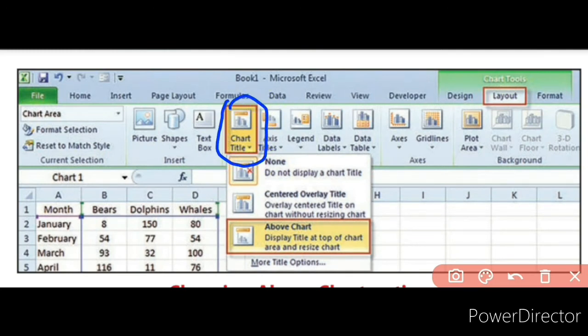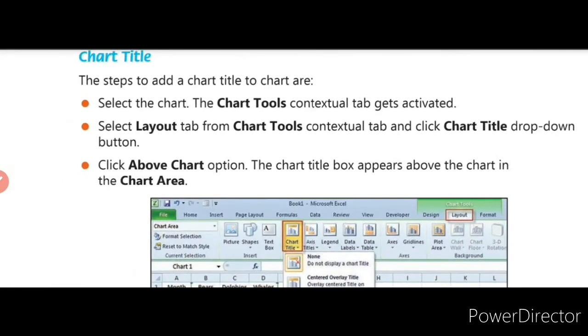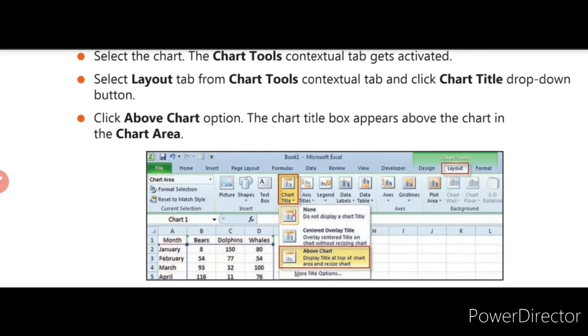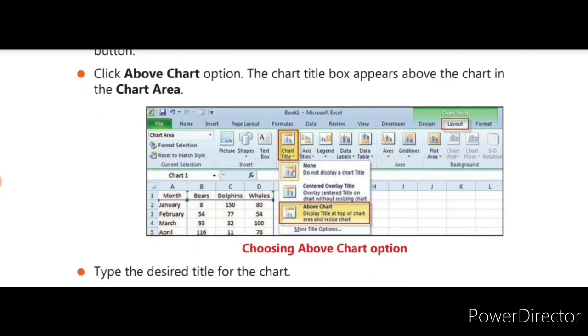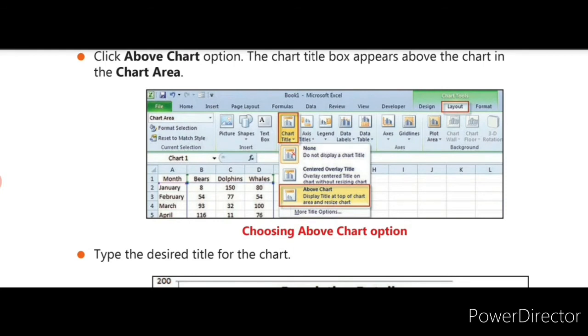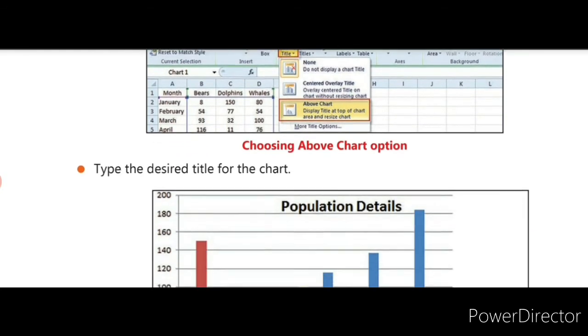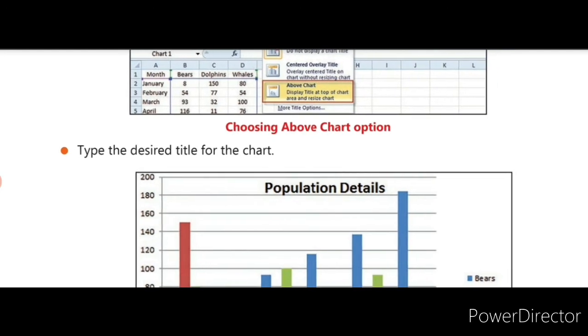From the chart title, you need to select above chart. After clicking the layout tab, you need to click this chart title drop down button. You need to click the above chart button so that your chart title will be presented on the top of the chart. Here in this example, we are going to type population details.